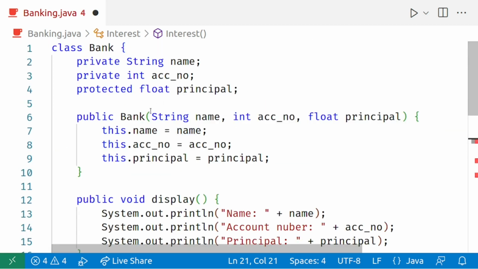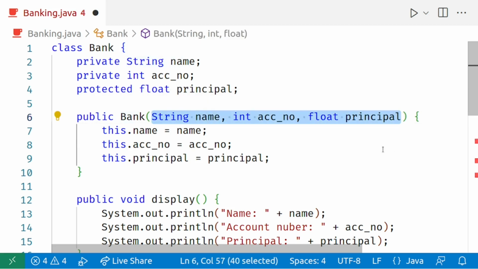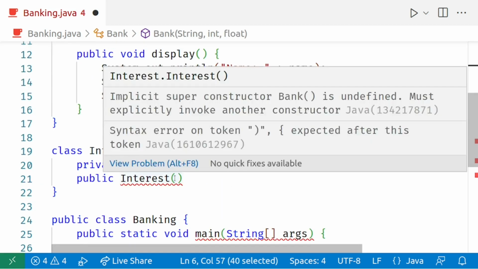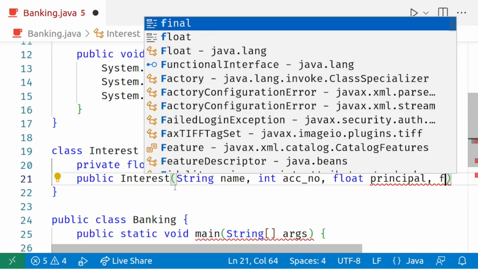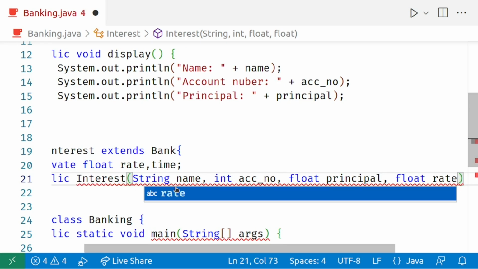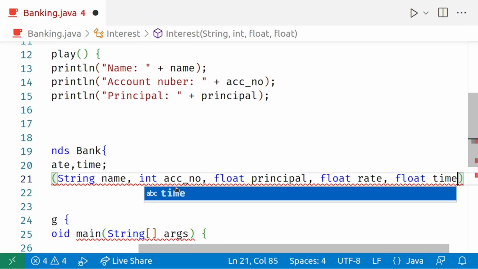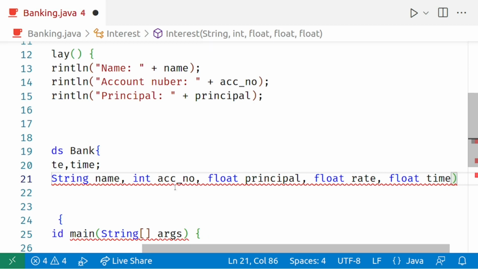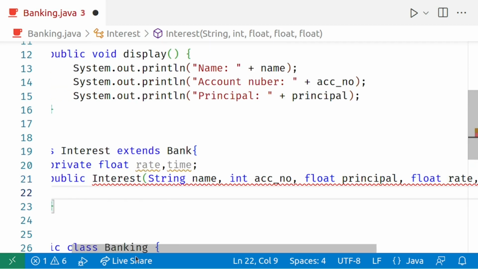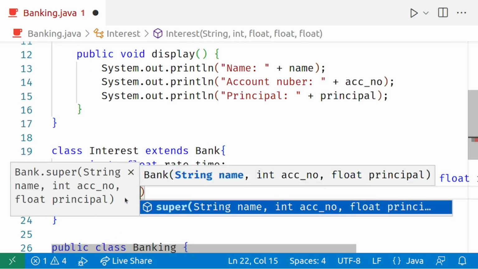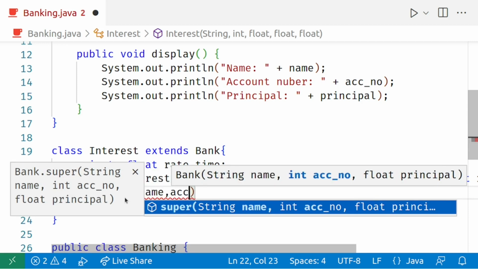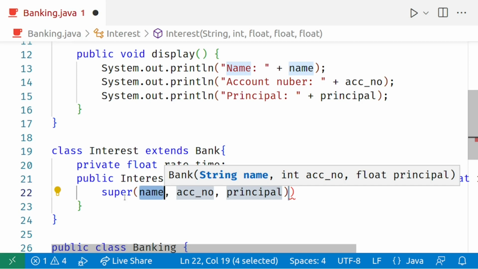So we'll just copy those 3 things from the constructor of the base class, and then we'll simply paste it over here, and then we'll add the remaining 2 things, that is float rate, comma, float time. Now in order to call the base class data members, we'll be needing super. So we'll say super, and then we'll pass those three things, that is the name, the account number, and the